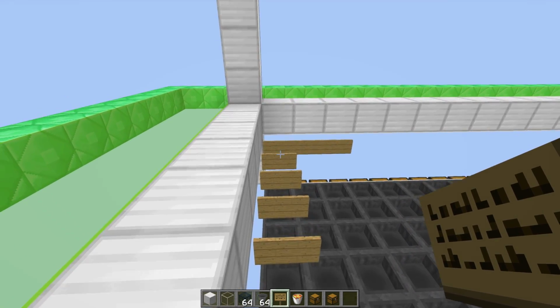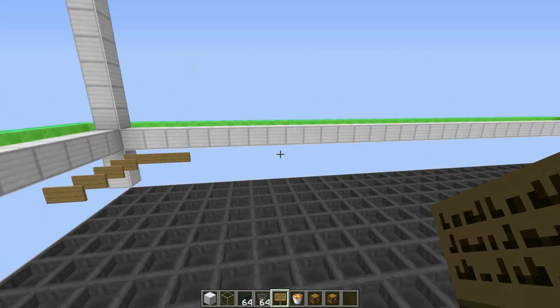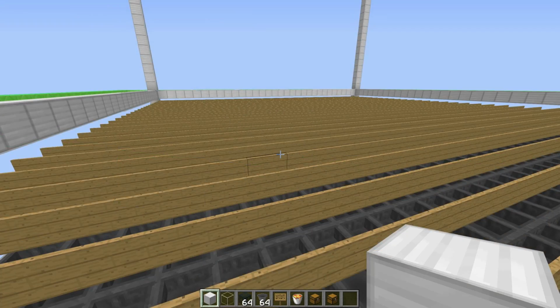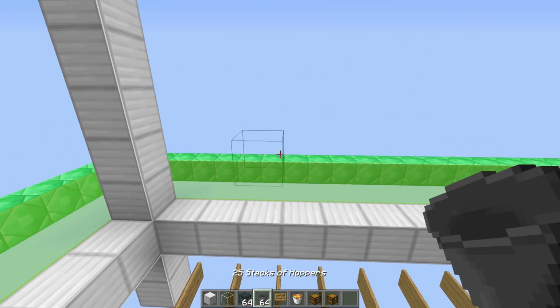You essentially just want to go ahead and bring all these signs back to this end and do this left, and just fill up this whole area with signs. And then after you've done that, we can start on the lava. So after you've done that, your farm should look something like this with signs absolutely everywhere, and here comes the